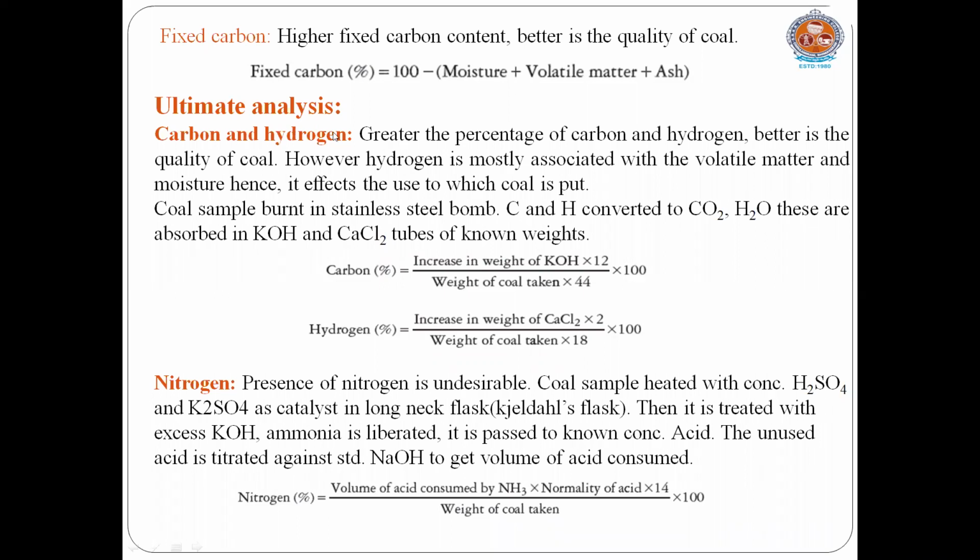First, determination of carbon and hydrogen. Carbon and hydrogen percentages are determined in a single experiment, right? So to determine the carbon and hydrogen percent, we take the coal sample in a stainless steel bomb and burn it in the presence of a sufficient amount of oxygen. So the carbon content present in the fuel sample is converted into